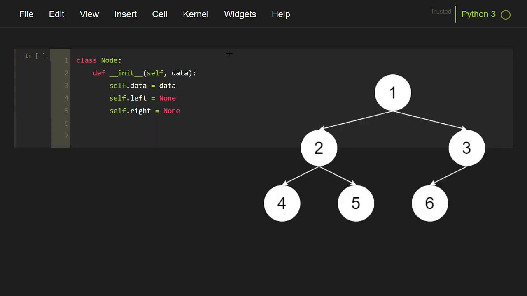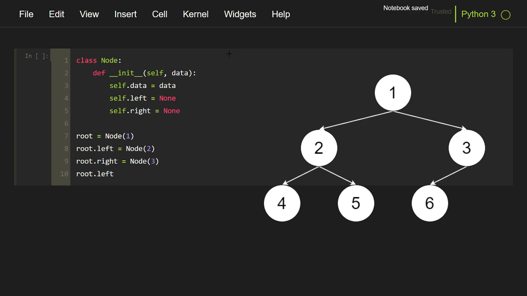Now the example of the binary tree that we will consider in this video is displayed on the screen right now. I will create the tree structure based on this reference image only. So first I will create a root node which will have a value of 1. Root has two children, so root.left is node 2 and root.right is node 3. Now we can consider the children of node 2.